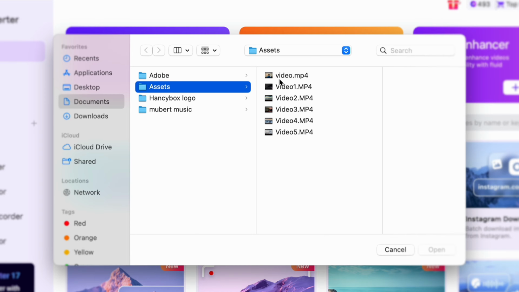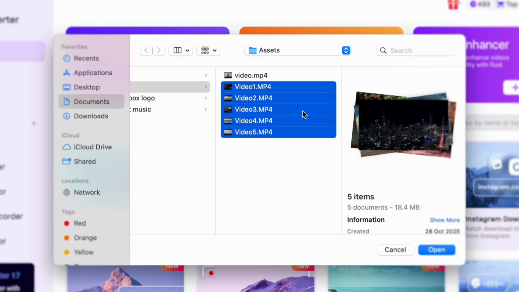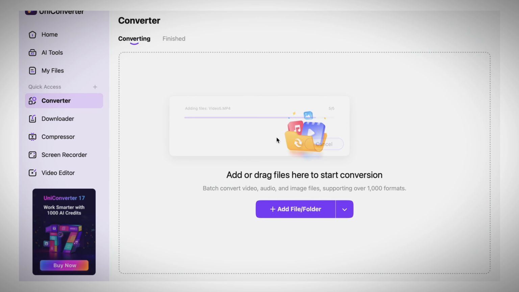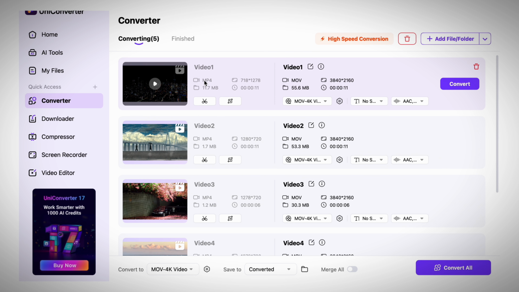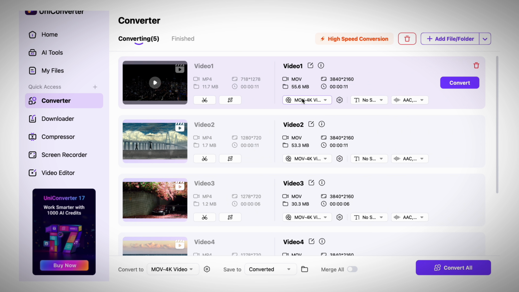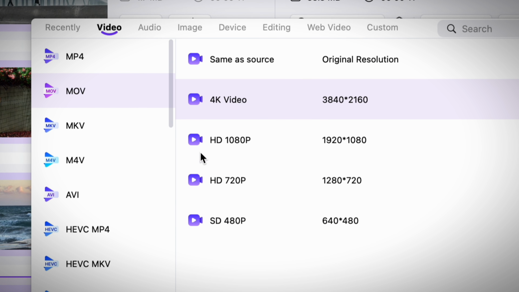We'll start by clicking Add File and selecting 5 video clips at once for batch conversion. Once the files are loaded, you can adjust the output settings for all of them instantly. Notice the original format and resolution on the left and the target format on the right. By selecting the output format here at the bottom left, you can choose common formats like MOV or MP4 from